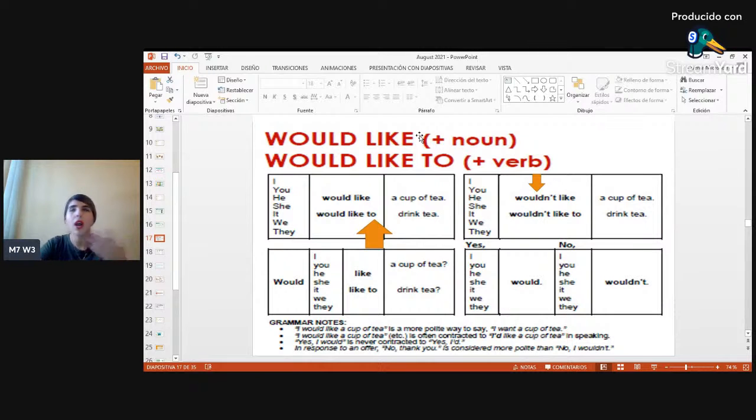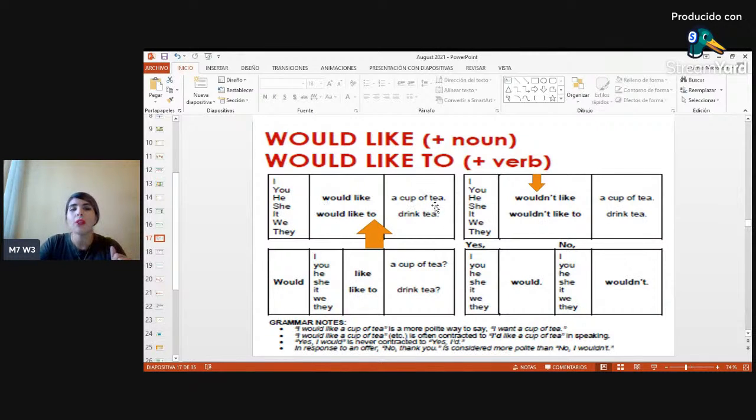Would you like to come? ¿Te gustaría venir? Would you like? Es como te gustaría. Porque acuérdense que tengo el verbo gustar. Y si yo le pongo would antes, dice gustaría. When we make affirmative sentences, we're going to use a personal pronoun or subject. Así que para iniciar nuestras oraciones activas podríamos incorporar pronombre o sujeto, posteriormente el would. En este caso estamos usando like porque es polite, es educado.